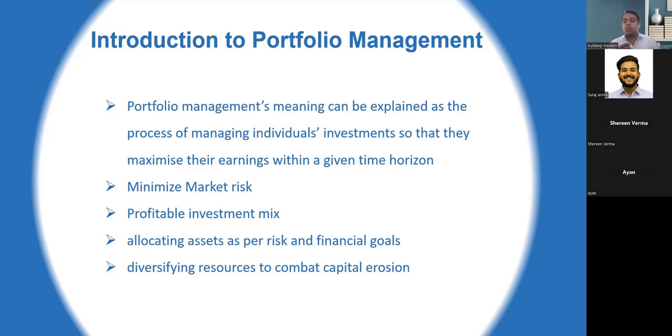If I have a specific goal for my daughter, for example, I'm giving you a live example. Yesterday, I had a discussion with one of my clients. The client has a special child, right? So he said, Kuldeep, I want to keep this money secure for my special child. Secure means he only has one thing, that is debt, where the return of capital is guaranteed. He has a huge amount of money, but there's a certain amount which, as per his calculation, is kept secure for his special child. I don't know what requirement will come in future because he's a special child. So he has kept that money specifically in debt, which is FDs, fixed deposits, and bonds, right?